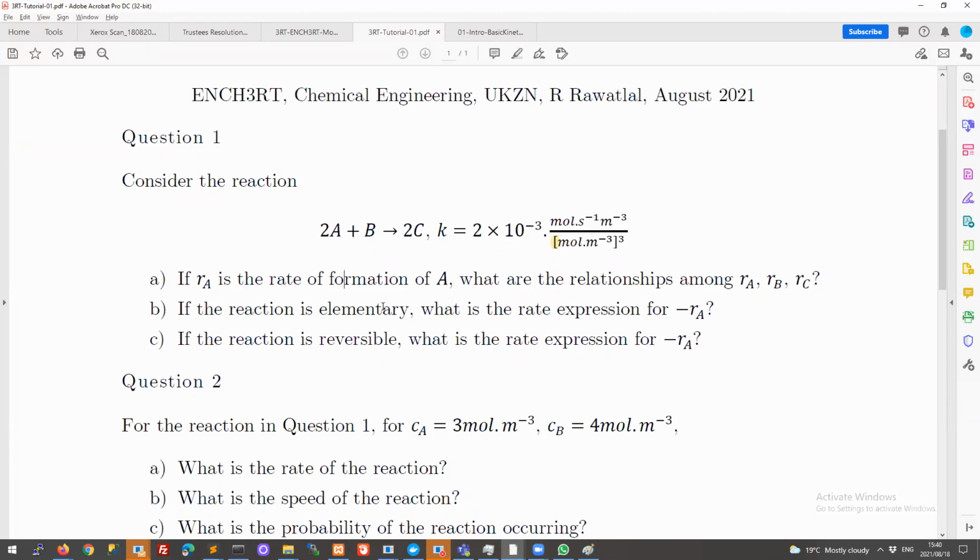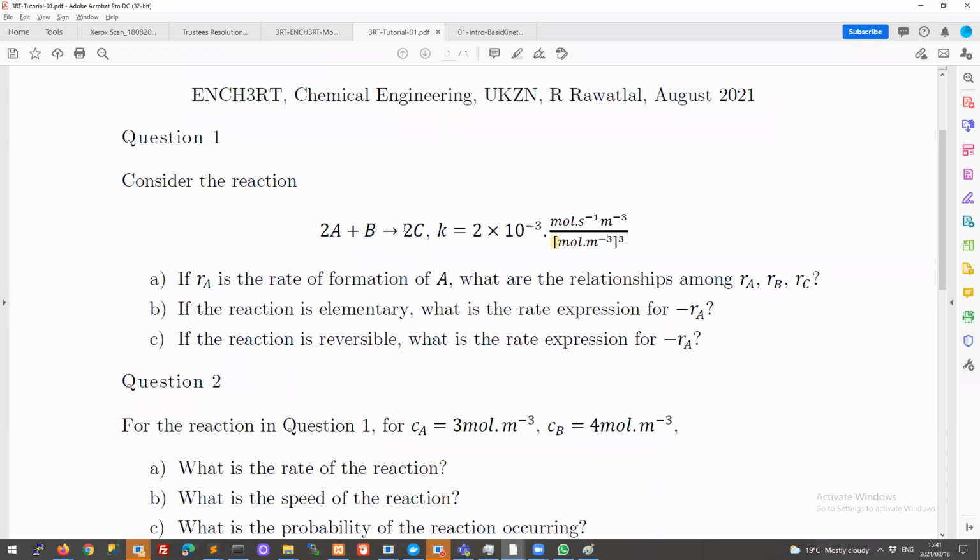Okay, if the reaction is elementary, what's the rate expression? I expect you'll have covered this in the chemistry course, but I'll dig up those notes and just add them. In an elementary reaction, we look at the reactants and take the concentration of each of the species and raise it to the power of that component. So if this reaction is elementary, and